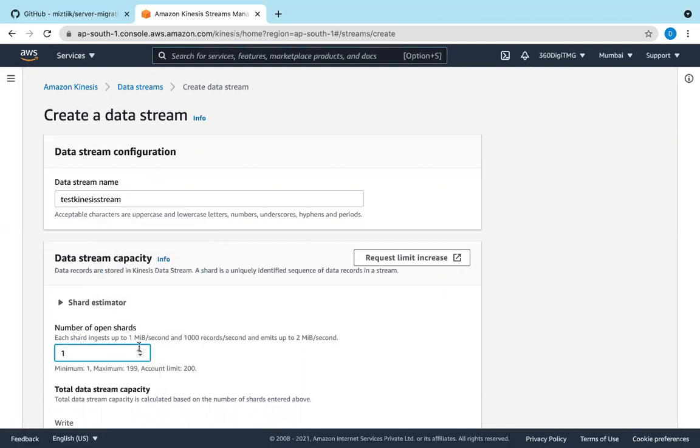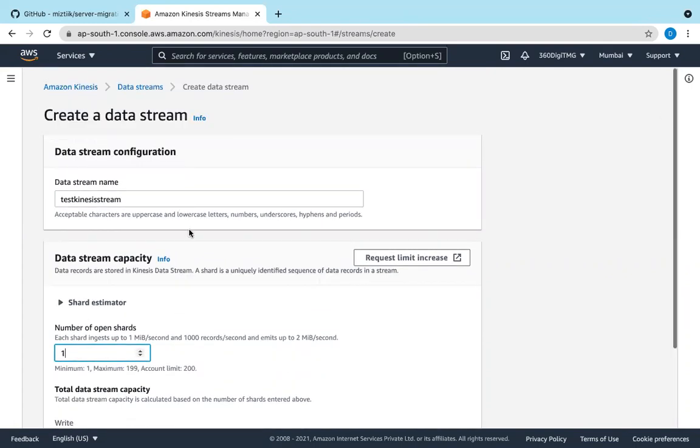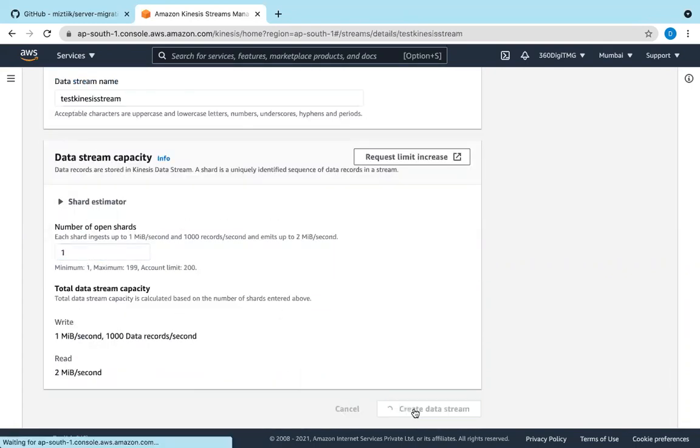I'm going to have one producer and one consumer. If there are more consumers, two, three, four, you can increase your shards. If there are three consumers, you can say three shards. And total data stream capacity, read capacity, we know this. That's it, and create data stream.